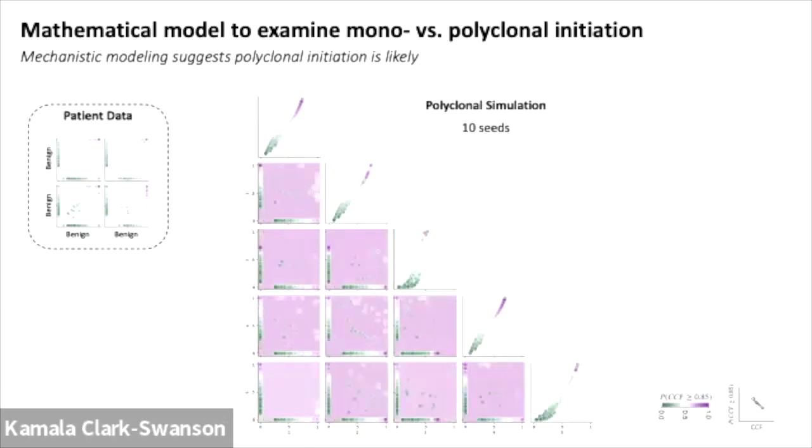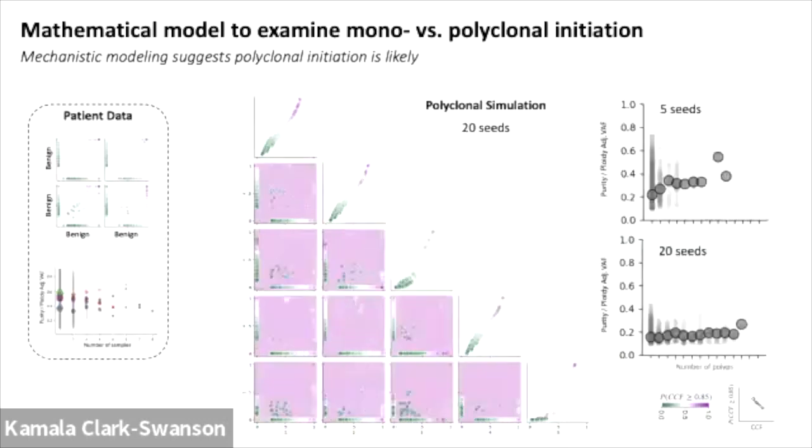We can keep bumping this up to 10 seeds or 20 seeds. It's really dependent on the number of seeds as well as the early mutation rate that's occurring as to how many you would observe. But as you get to too many seeds giving rise to these polyps, you have a theoretical maximum as to what frequency these mutations can exist at.